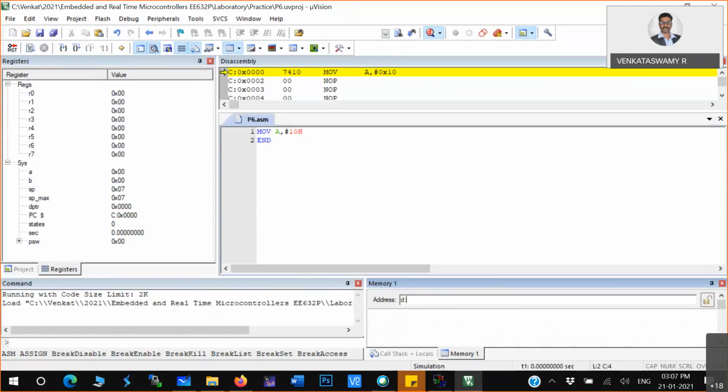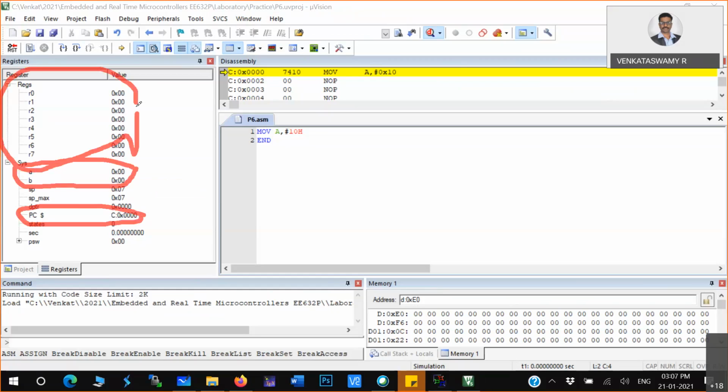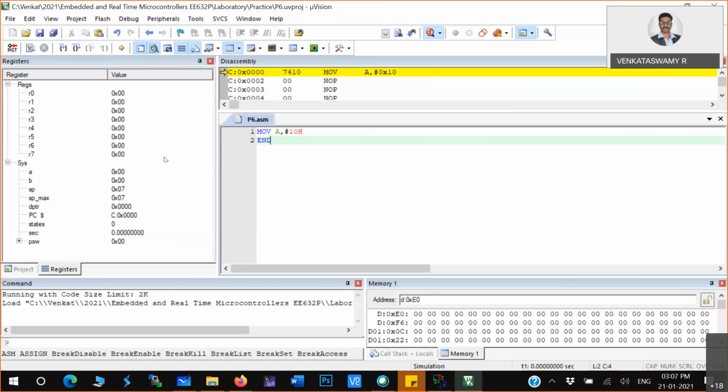Here you can see the memory space. You can observe accumulator, B register, stack pointer, program counter. Program counter is 00, register bank R0 to R7 is 00, program status word is 00. So the entire register and memory information it will provide, before execution.